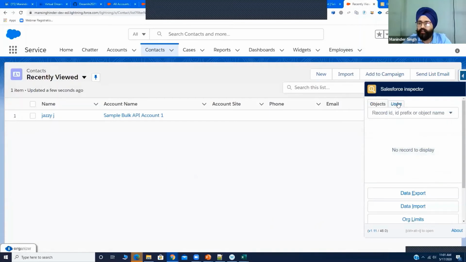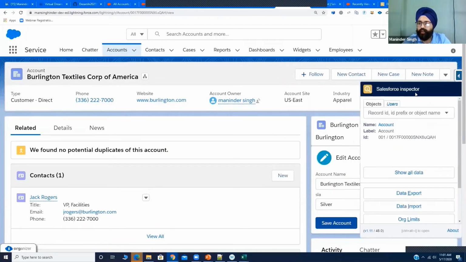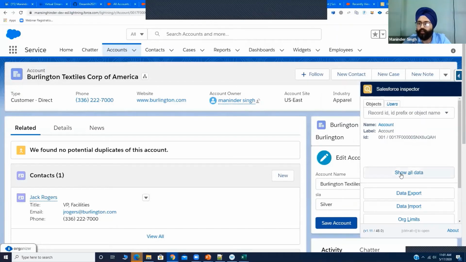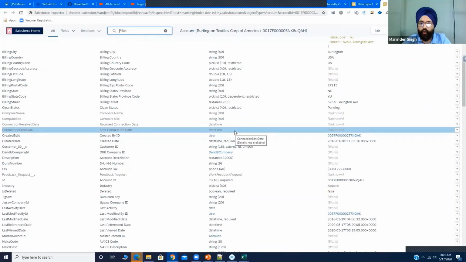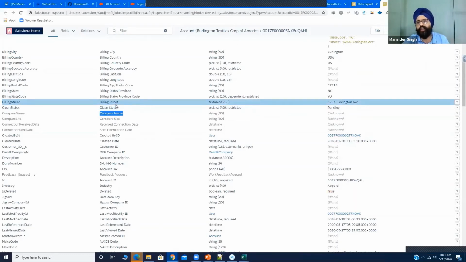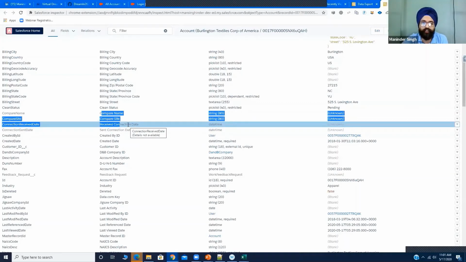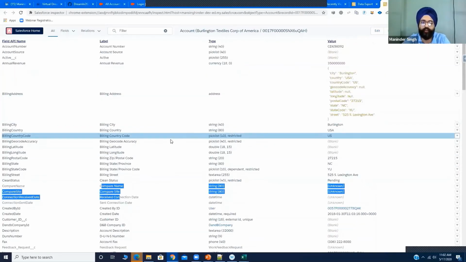The other functionality, this Salesforce Inspector, is really cool, I would say. If you're on a detail record, it will show you the record ID, even the record type. You can see all the data of that particular record. The cool thing here is it will also show you the fields which you do not have access to. The reason is it is using the Tooling API. With the Tooling API, you can even retrieve the fields for which the active user doesn't have access. For all the values showing unknown, my user doesn't have access, but I can still see that the field is present, and I can export it into a CSV file and compare.